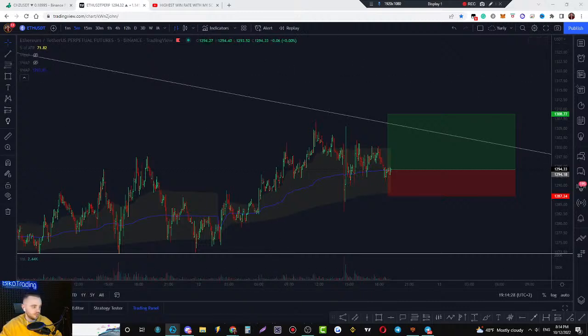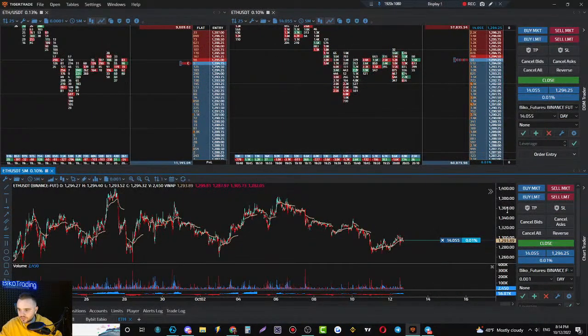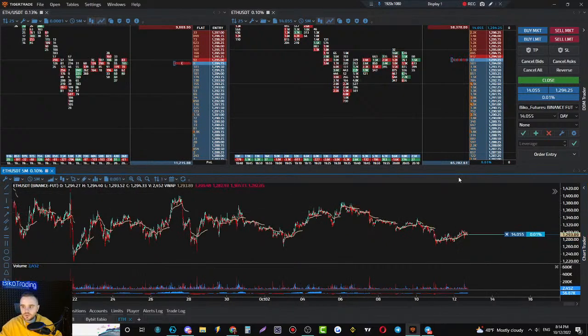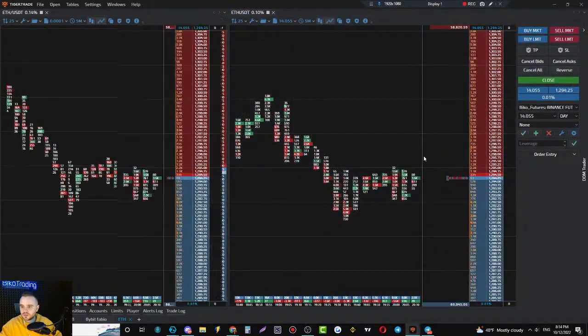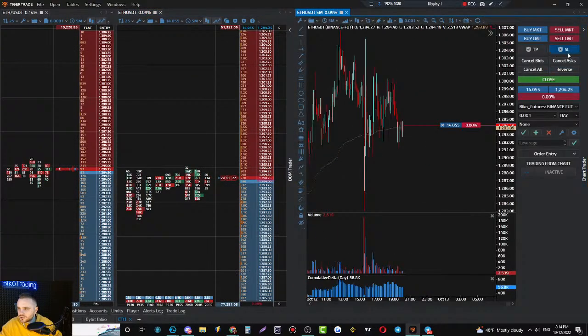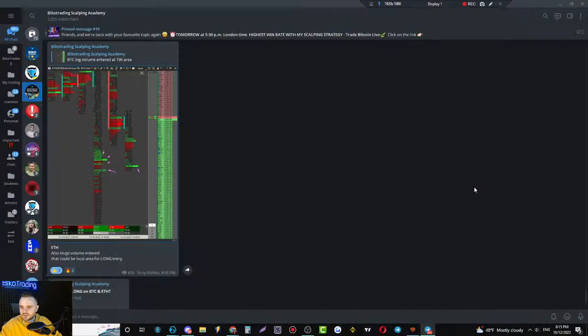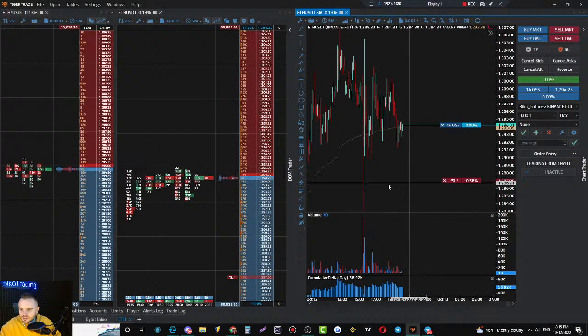I took a trade on ETH. Good. Finally, I took a trade on Ethereum. Okay, let me move it to the left side. We took at this moment, guys, a long trade on ETH. I set a stop loss. Remember what we told you: set the stop loss below the significant size. It is exactly at 1287, below that significant size.